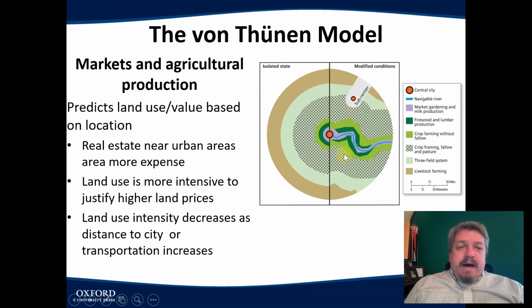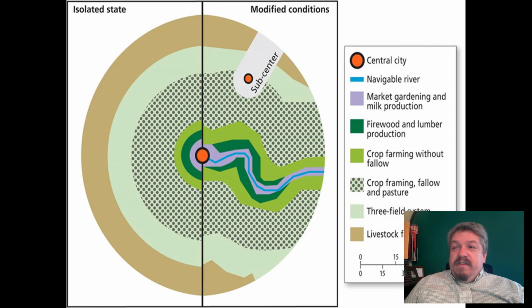He also says if there's an easy method of transportation to the city center, proximity to that will make things more expensive. And so think about the train lines. If you live close to a train line like the L, the red or green or brown line, usually the closer you live to the train line makes your rent a little higher because it's an easier commute for you. So imagine this would be a train line. Same idea. And this is just kind of a blown up version of that.